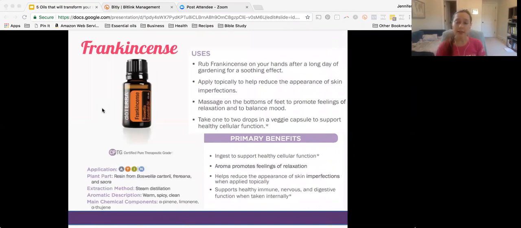And then finally, the aromatic use of frankincense is, again, very powerful to the mood. It really helps balance and support a healthy mood. And so I love adding frankincense to my diffuser, and I usually combine it with a different oil, like frankincense and peppermint, or frankincense and lavender, or frankincense and lemon, or another citrus oil. It just creates such an amazing aroma, and it really helps soothe and balance the mood. Okay. So, wonderful ways to use frankincense. It really helps bring feelings of relaxation while supporting the body and the immune system and healthy cells.